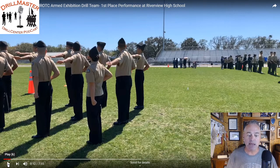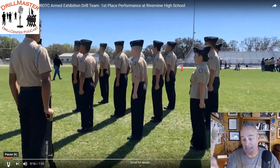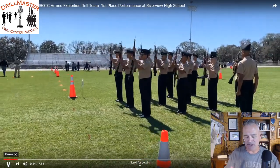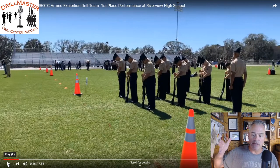This dress right here, and then let's watch. Yep, ready front. And you even call cover. And the commander is centered on the left side of the platoon, calling attention. Now that was a nice opening statement there, but what you could have done, I think this would have helped immensely, is instead of calling for them to dress and cover ready front, all this leading up to this, what you could have done is marched the platoon up and given them